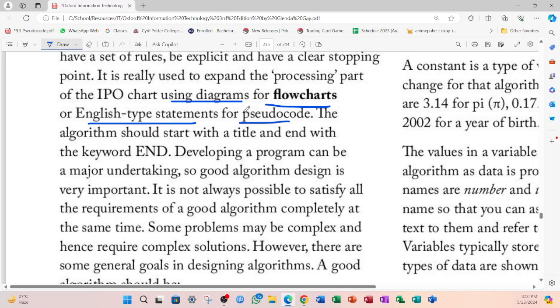However, sometimes you can switch them around. I don't think they would penalize you for that. Now, flowchart, obviously, that is shapes, so you need to remember that. You need to remember your shapes. Now, whenever creating an algorithm or a pseudocode, you must start with a title and you must end with that